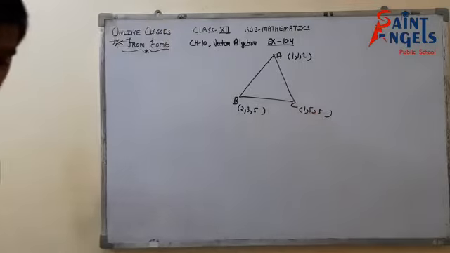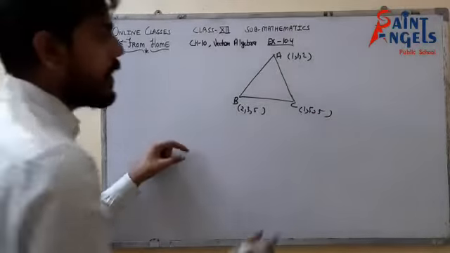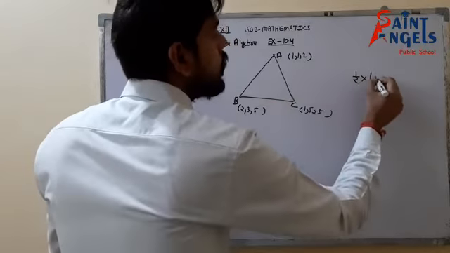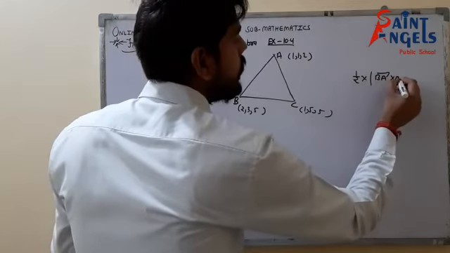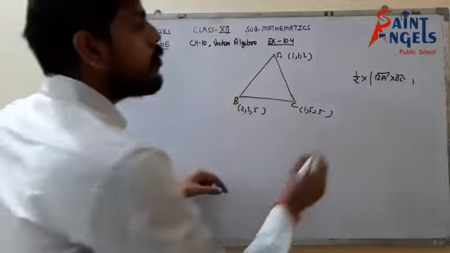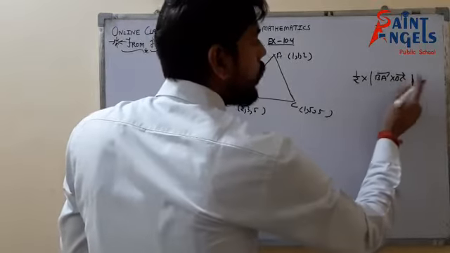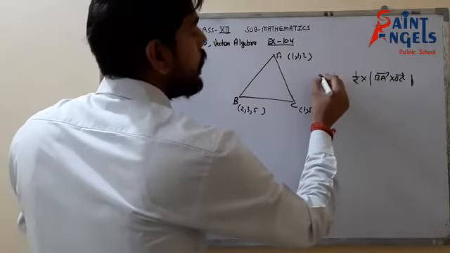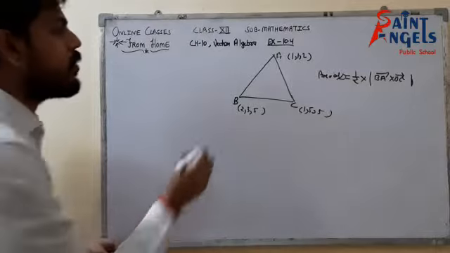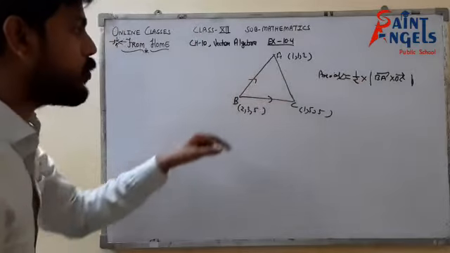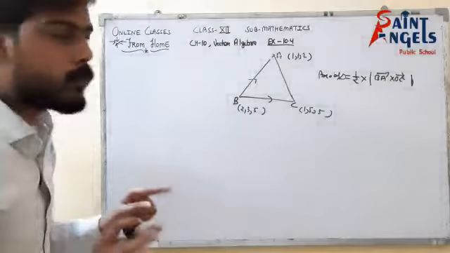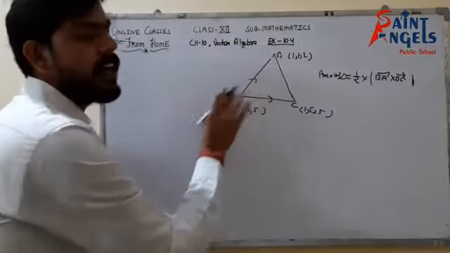So we know that the area of any triangle is equal to 1 upon 2 into the modulus of the cross product of any two adjacent sides. It could be BA, BC, it could be CA, CB. Take the cross product of any two adjacent sides, find its modulus, and divide it by 2. So that is the area of the triangle. Okay, students. I am finding the sides BA and BC, or you can find sides AC and AB, BC, BA, CB, CA. It is all up to you. We have to find any two adjacent sides. The answer would be the same.